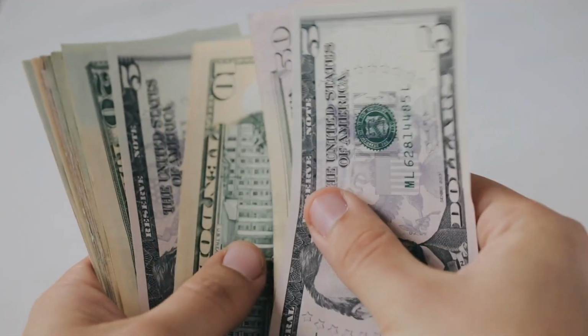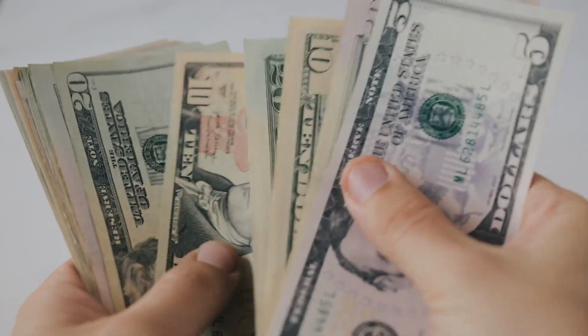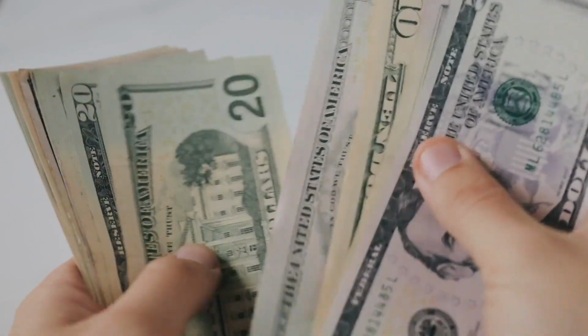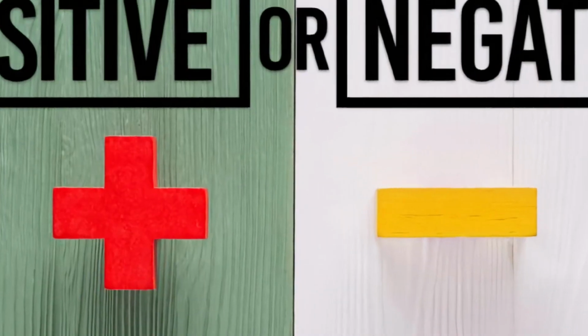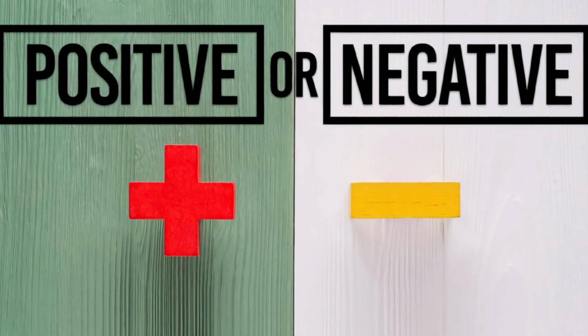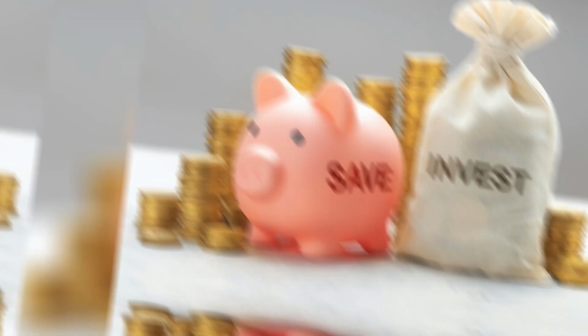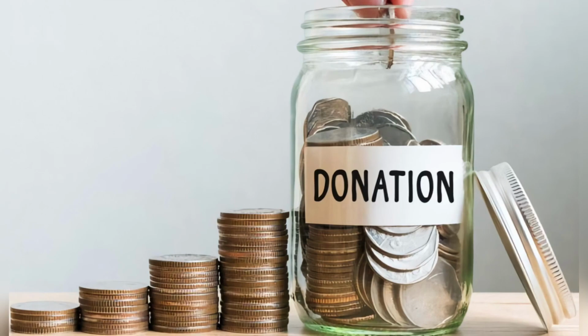But how does money influence our lives? How does money affect our behavior, choices, opportunities, well-being, etc.? The answer to these questions depends on how we use money and how we relate to it. Money influences our lives in many ways. Money can have positive or negative effects on our lives depending on how we earn it, spend it, save it, invest it, donate it, etc.